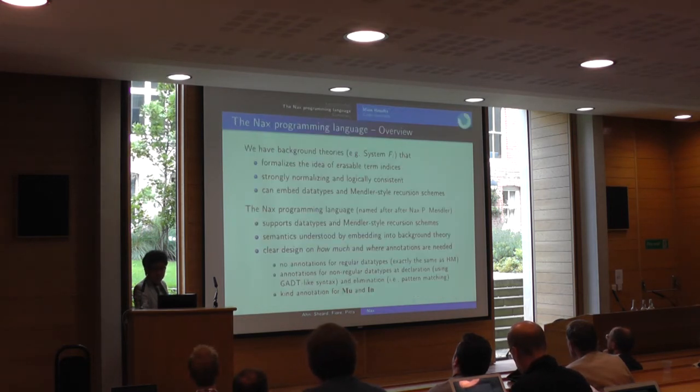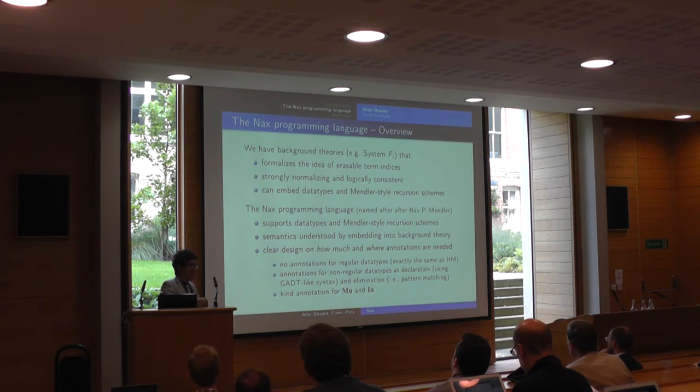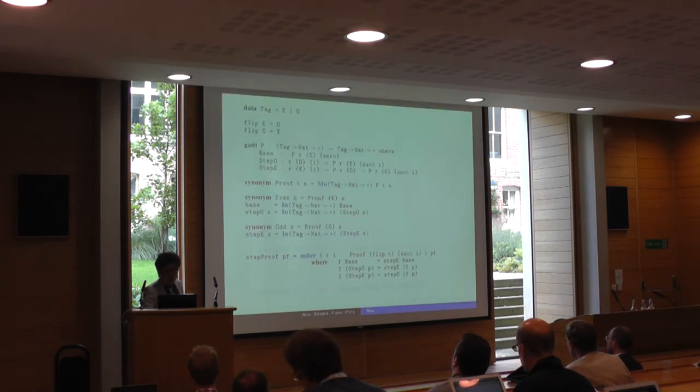Since we don't have enough time, we can just read these through. So we have a background theory, and we know how to embed these nicely behaved recursion combinators, or logically we can say reduction principles. And the Nax language supports them as a language feature, because, for efficiency, we also want to do type inference and those kinds of things better. And so let's see the code example.